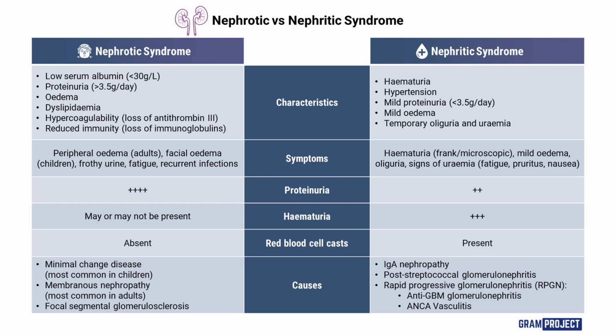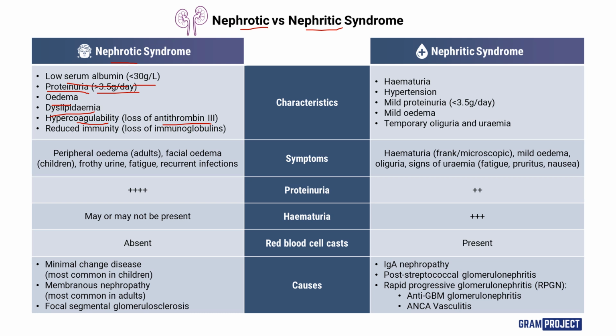So first you have to understand what is a nephrotic syndrome, what is a nephritic syndrome. So what is the difference between nephrotic and nephritic syndrome? Nephrotic is mainly the edema, proteinuria. Okay, so there is proteinuria, there is edema, and it is massive proteinuria, which is more than 3.5 gram per day. So in effect, there is low serum albumin, less than 30 gram per liter, and there is dyslipidemia, or hypercholesterolemia, and hypercoagulability, because antithrombin 3 is lost,